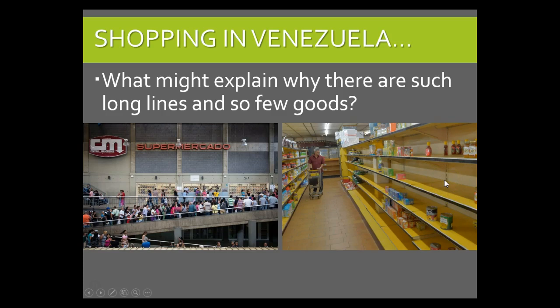So we start by looking at a country like Venezuela, where there are very, very long lines for even the most basic of items at a grocery store, and yet when you go through the grocery store, there are very, very few, if any, products for people to buy. And the question is why? Because they're sitting on lots of natural resources. They have the potential to be an incredibly wealthy country. They were an incredibly wealthy country, and yet now they're not. The question is why, and the answer in part lies in the fact that they have price ceilings on their goods.